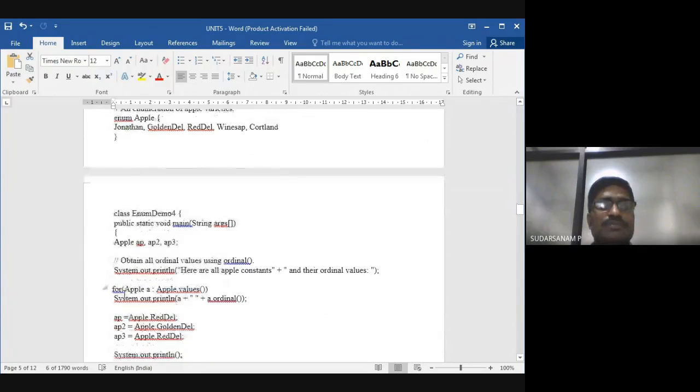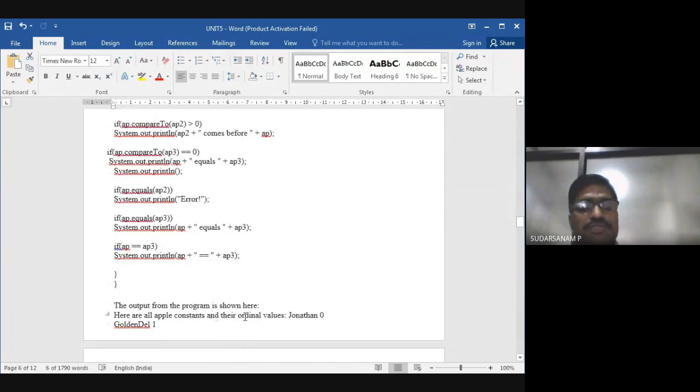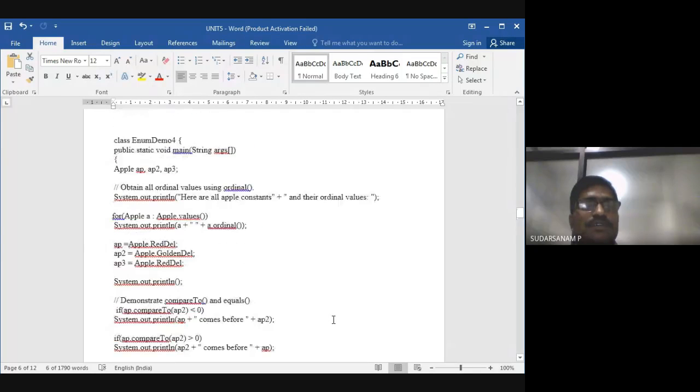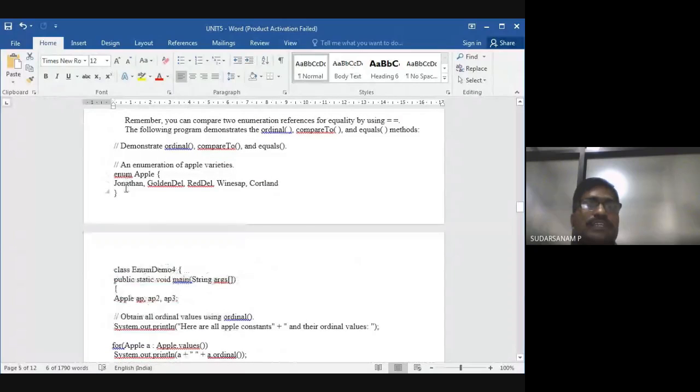Now System.out.println here: all Apple constants plus their ordinal values. The output from the program is shown here. All Apple constants and their ordinal values: the first one is nothing but 0. As I already told you first itself, these are the default values whenever you are not giving values to the enumerated data types, so values will be given 0, 1, 2, 3, 4.